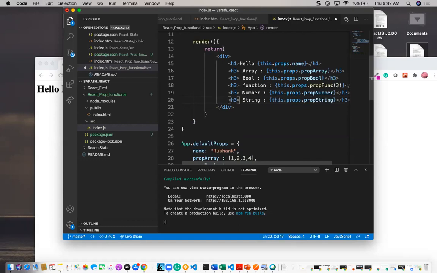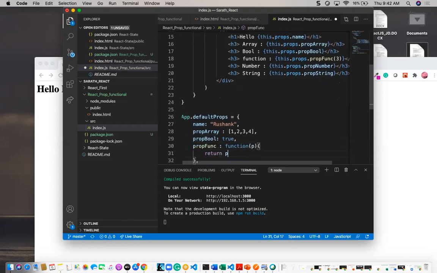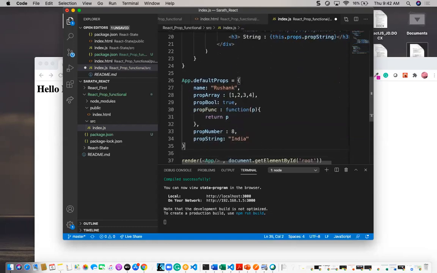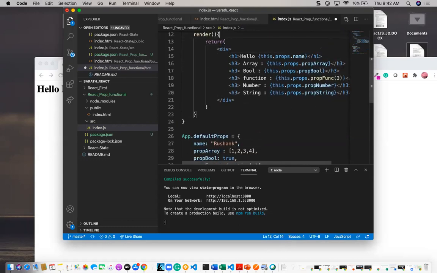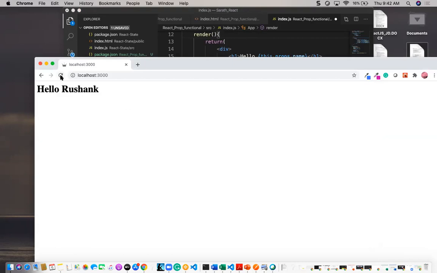Here I am going to get the string value below, whatever it is there, India, that value I am going to get here. Okay, fine, cool. Now we can resume this one.